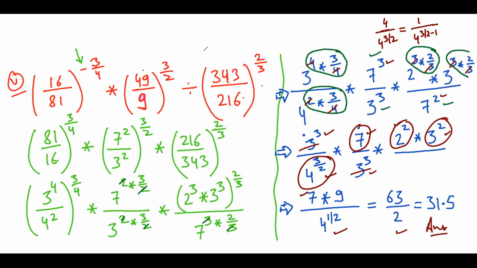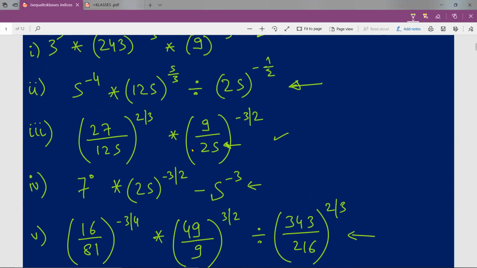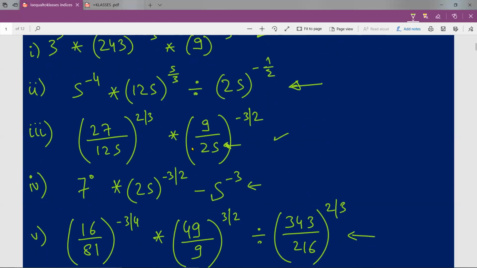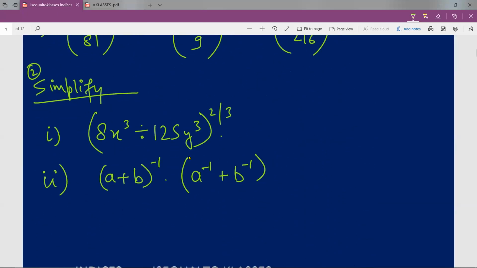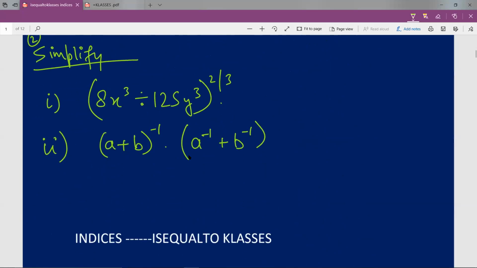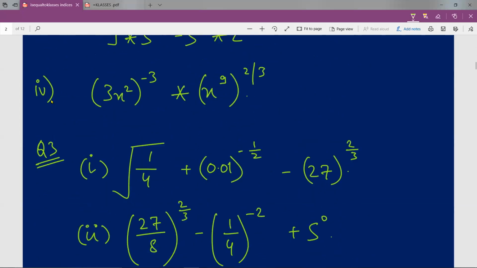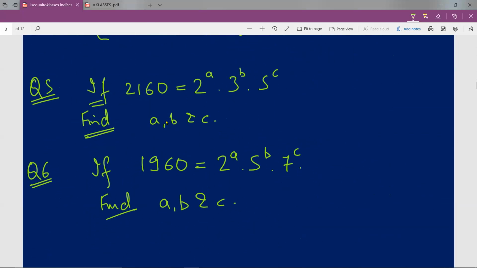And in this lecture, we have done these 5 questions. As you can see, the questions are pretty involved. You may have to look at the video again if you are weak at indices. I hope you will join me in the subsequent parts of this series where I'll be doing the remaining questions, question number 2, question number 3, question number 4, question number 5, 6.